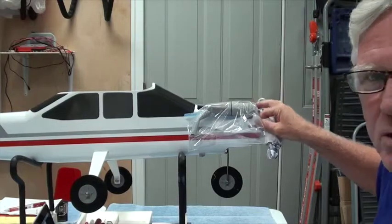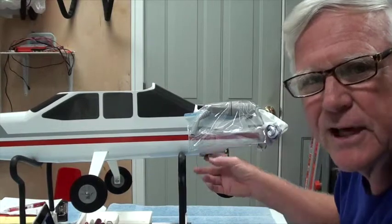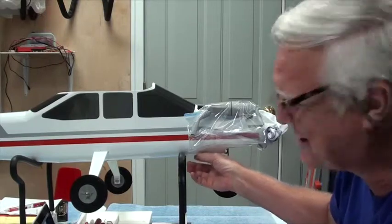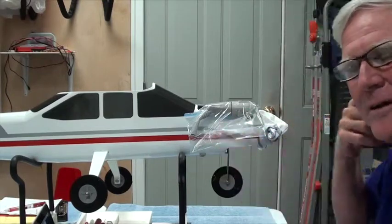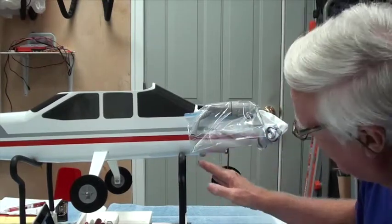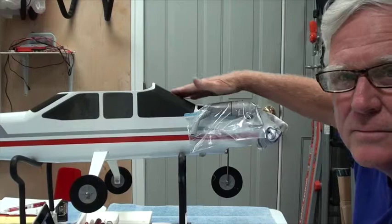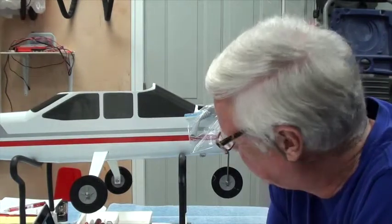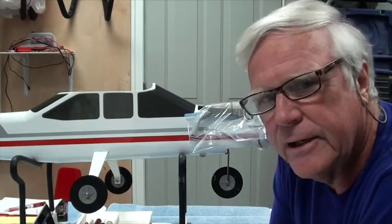I didn't want to put it out here where the engine is. I prefer it here. If it was further out here, it'd be less weight, but that's okay. Weight's not a problem for this airplane. It's already 7 pounds and something. I'll get the exact measurements later. But the engine is very powerful, not a problem for weight. So 4 lead weights. You can see it's just right here where the cabin starts going up, and it seemed to be a good place to put the weight. So the lead weight was added, and